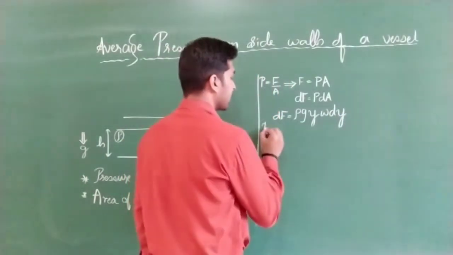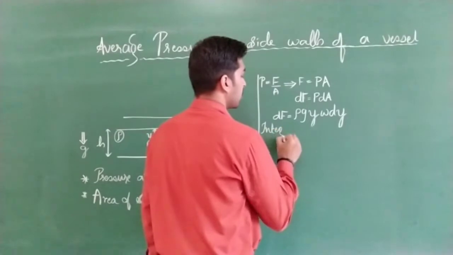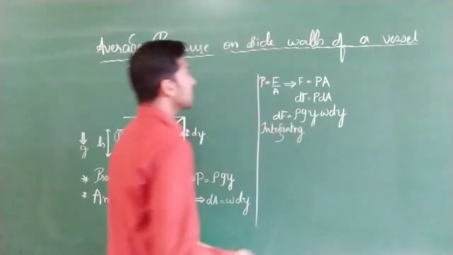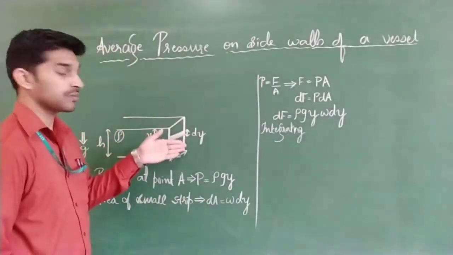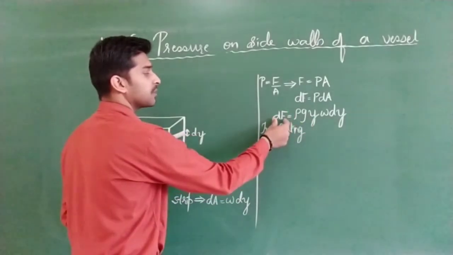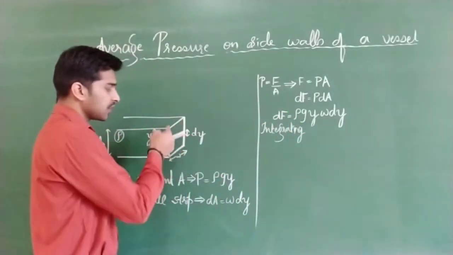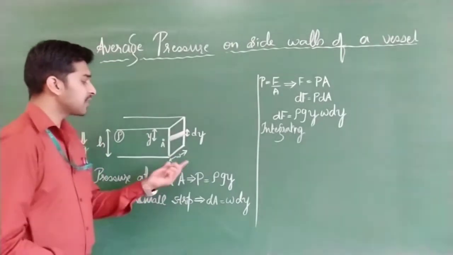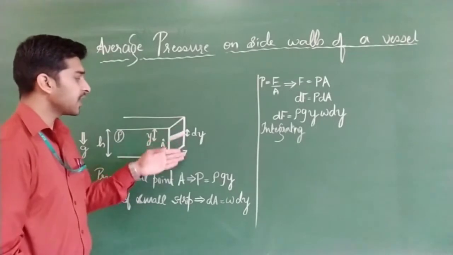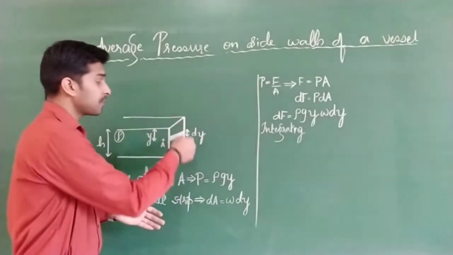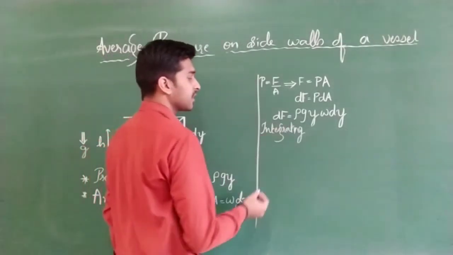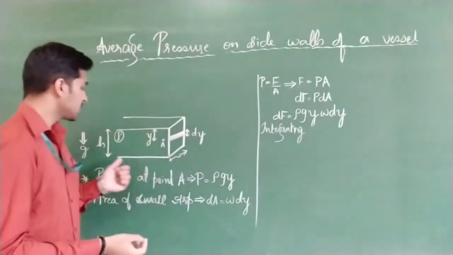Now we are integrating. Why are we integrating? Listen, what we basically want is the average pressure on this wall. So if I integrate this complete factor, in place of dF I will get the complete force F, and we will easily come to know the area for this. W into total H is nothing but the area of this strip. Strip means the complete face here. Clear? So for that purpose we are integrating, and the limits will be from 0 to H.